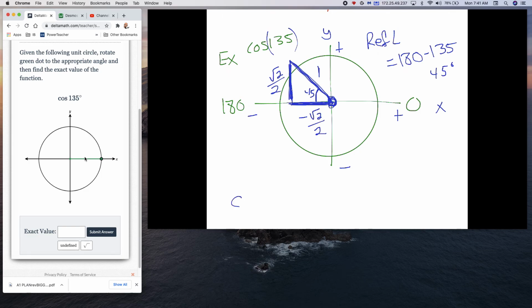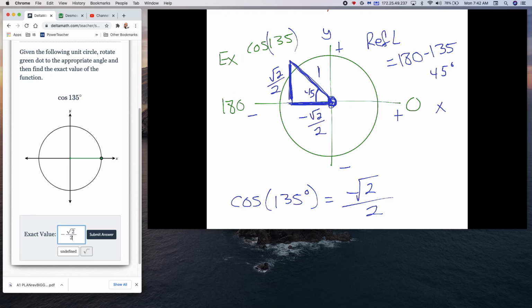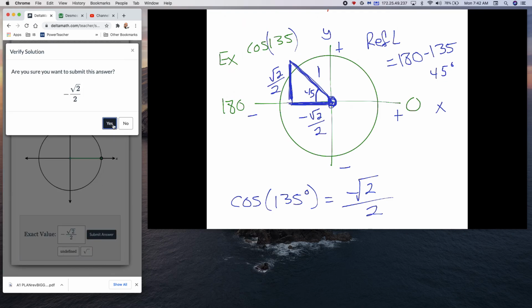So the cosine of 135 degrees is equal to the adjacent divided by the hypotenuse. So if we were to put in negative root 2 divided by 2, submit the answer,